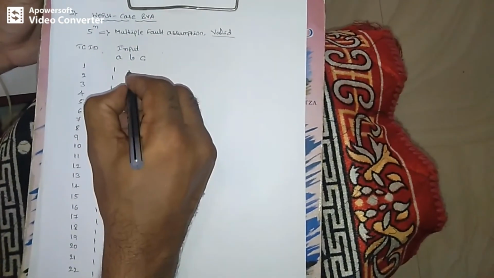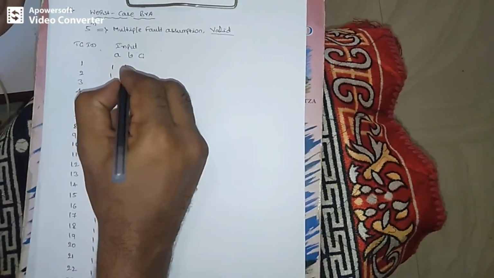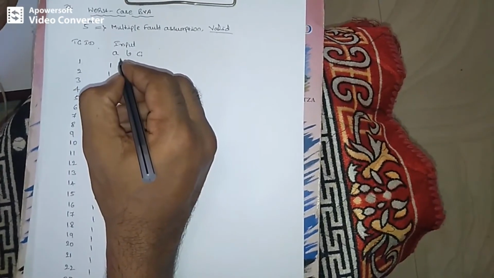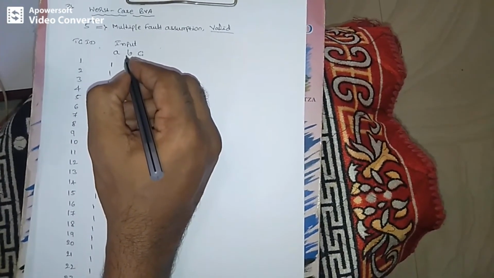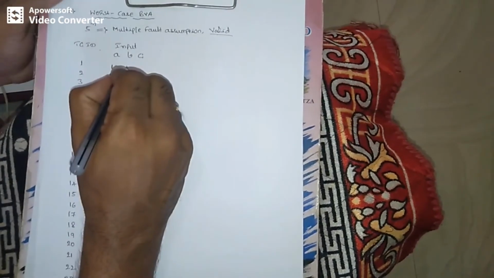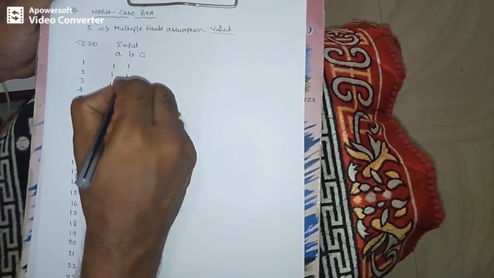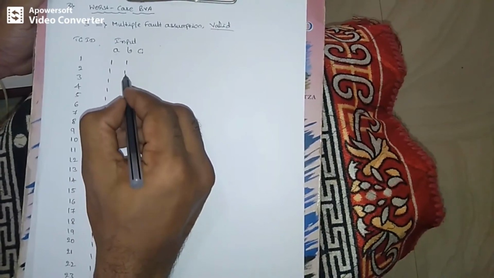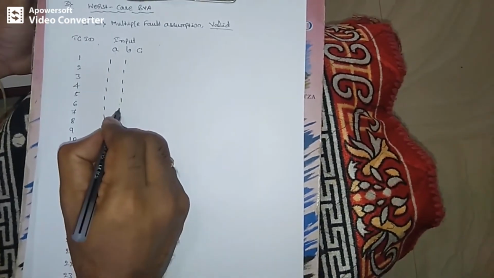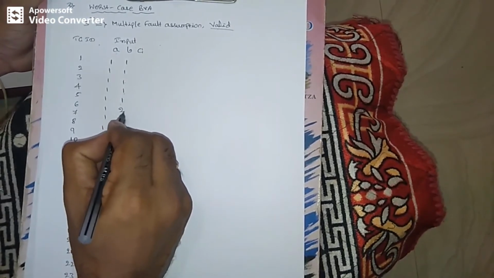Then B value will be 5 times. B value will keep on changing. Keep on changing means first 5 times the B value will be minimum. Minimum is nothing but 1, 1, 1, 1, 1. Okay, next 5 times the B value will be minimum plus. Minimum plus means this is the minimum plus.